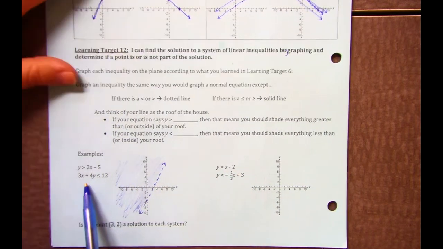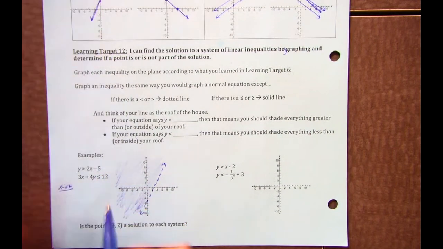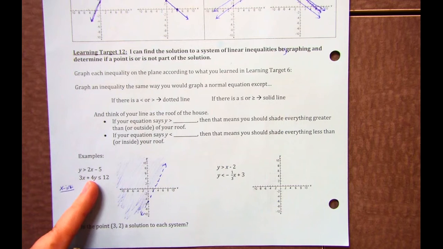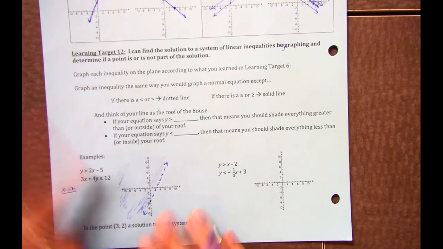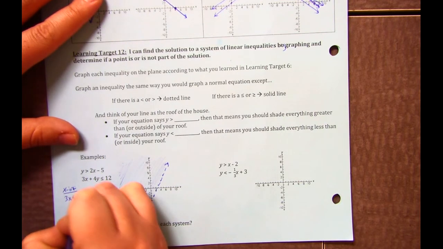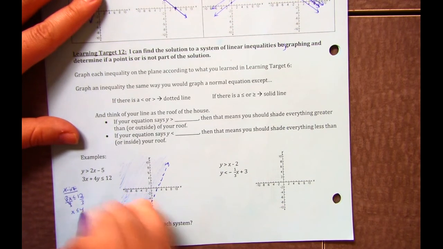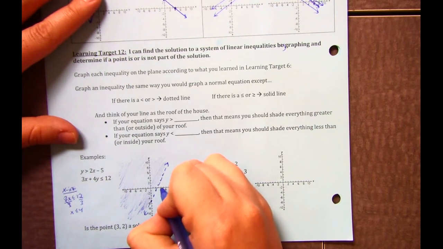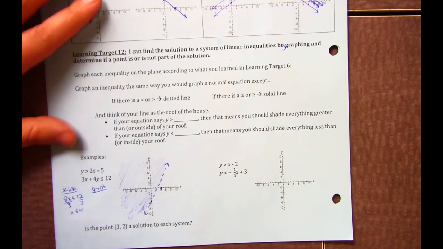Now this equation, I'm going to find the x-intercept by putting 0 in for y. So if I put 0 in for y, then the 4y goes away, and I just have 3x is less than or equal to 12. So then I divide by 3, divide by 3, so x is less than or equal to 4. So my x-intercept is out here at 4. For my y-intercept, I have,